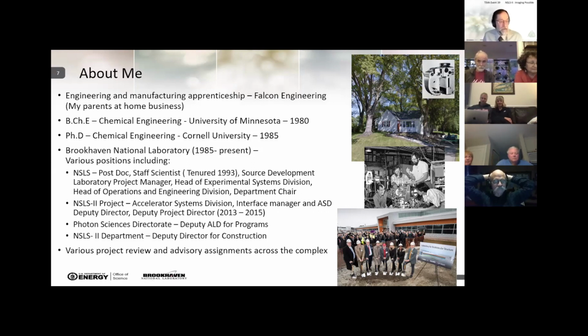They let me use this brand new spiffy machine. 1982 is when NSLS turned on, and 1985 is when I arrived. Perfect timing. You couldn't do any better than that. All of the suffering that went into building the thing and making it go, that was in the rearview mirror. I just got to go there and use it. Karma's a bitch. It got back at me because I had to build the next one, but I really enjoyed